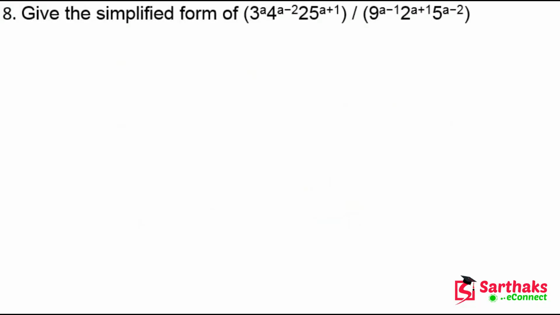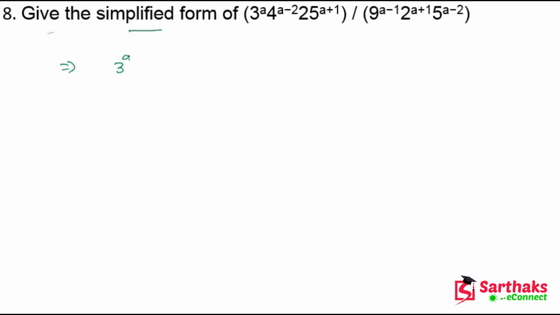Yes, now here you can see that the next question is, now again give the simplified form of 3 raised to power a into 4 raised to power a minus 2, okay, into 25 raised to power a plus 1, and it is divided by 9 raised to power a minus 1 into 2 raised to power a plus 1 into 5 raised to power a minus 2. Okay, got it, my dear friends? So here we have